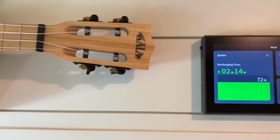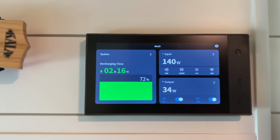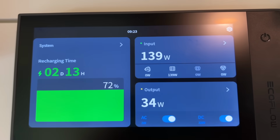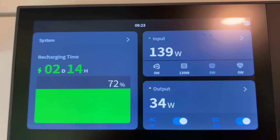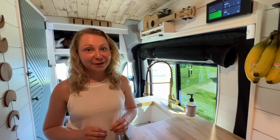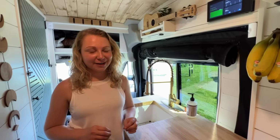To the right of my shelf, I have my EcoFlow touchscreen panel. This is a really cool power system that shows me my input and output at all times, as well as my available time. I have 10 kilowatt hours of batteries and a 3,000 watt inverter,